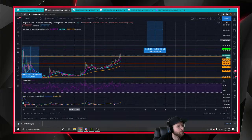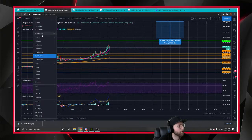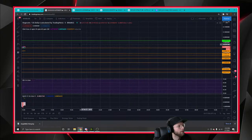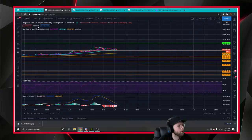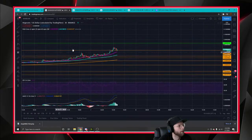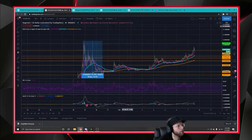Looks like that back test is doing very well, especially on the 30 minutes. It's already pretty much closing. 5 minute, yep. It is definitely closed. Oh, so maybe it's still doing it. We'll have to keep our eye out. Otherwise, if you zoom out,